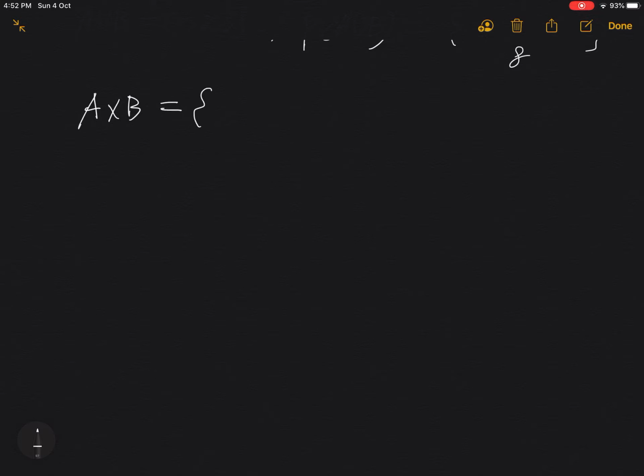We have an ordered pair, right? A, B. Where A belongs to set A, and element B is in set B. Okay, so for the problem here, A times B, the Cartesian product,